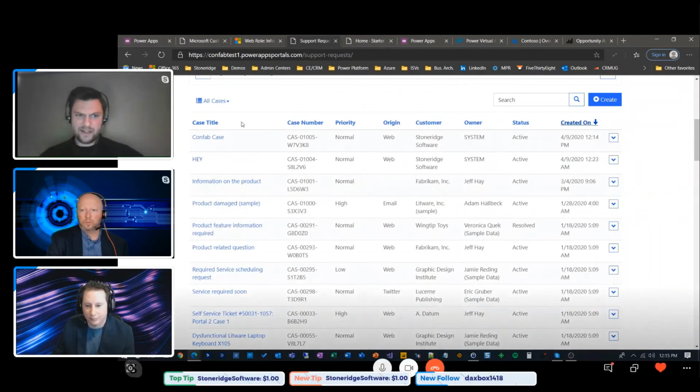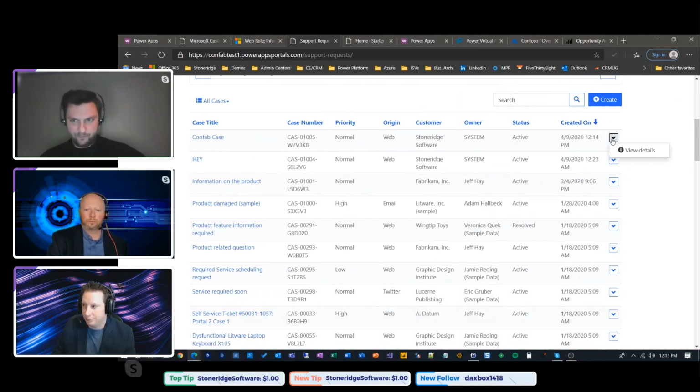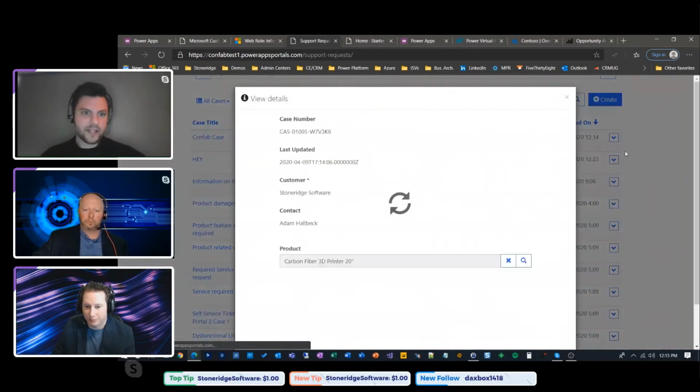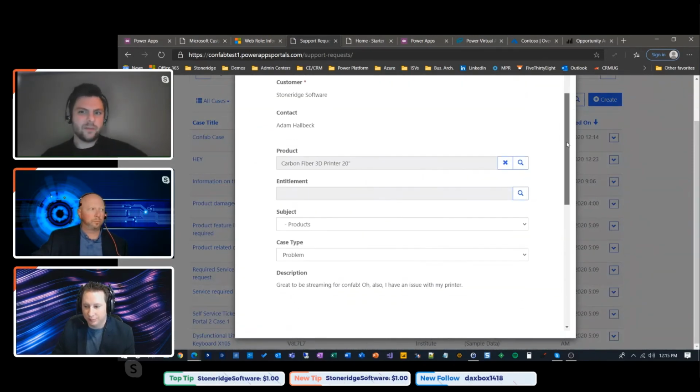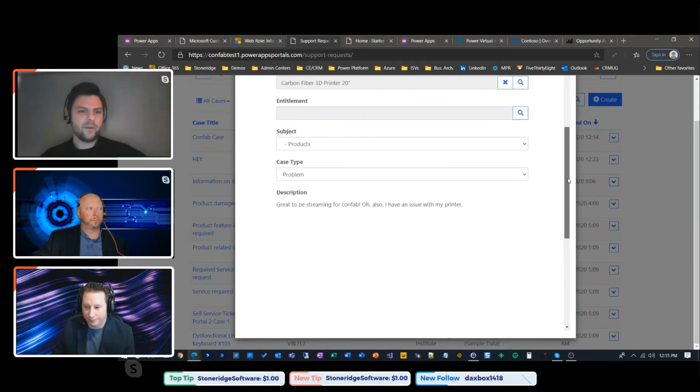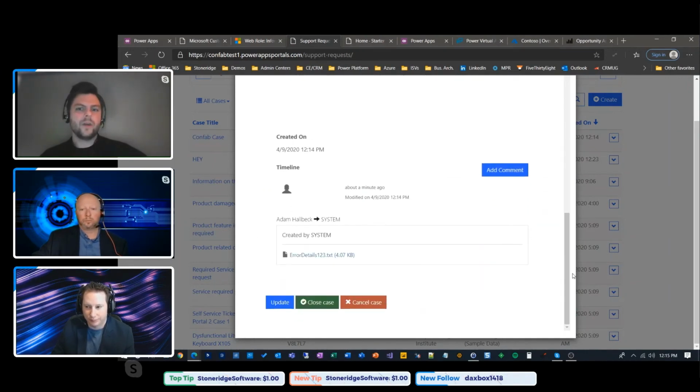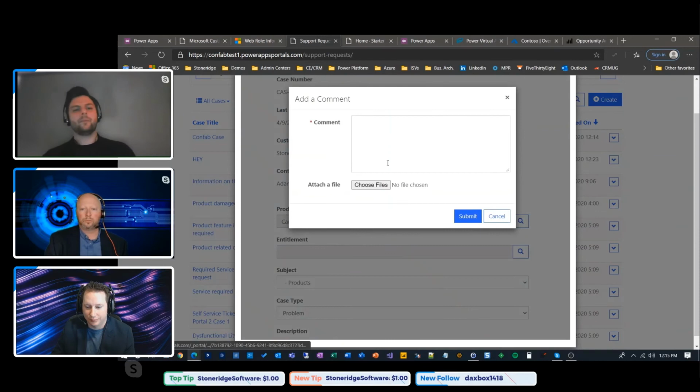So you can see that my new confab case was slotted in at the top here once I sorted by created on. And if I view the case records here, there are a number of attributes that are read only. We already took a look at this, but it's nice that you get the pop-up modal right in front, so you don't have to navigate away and navigate back. But further down, we also have a native timeline. So if I wanted to add a portal comment,